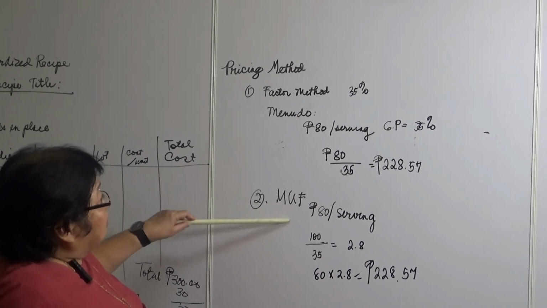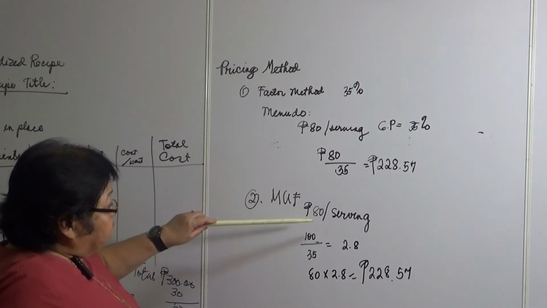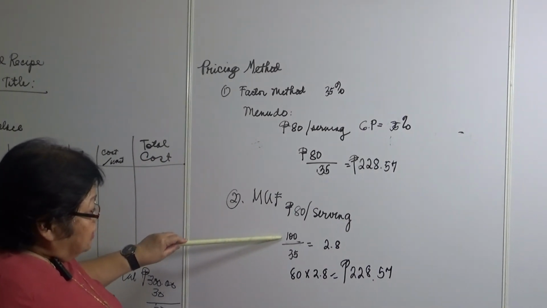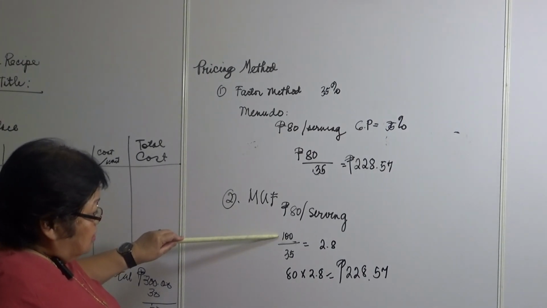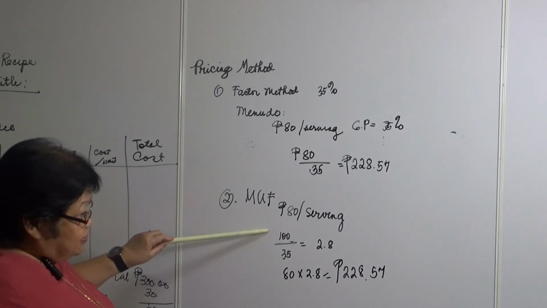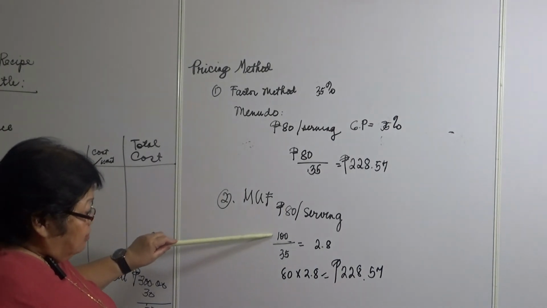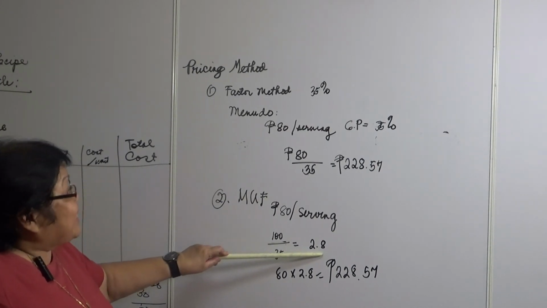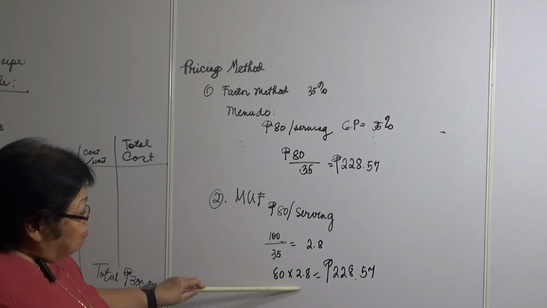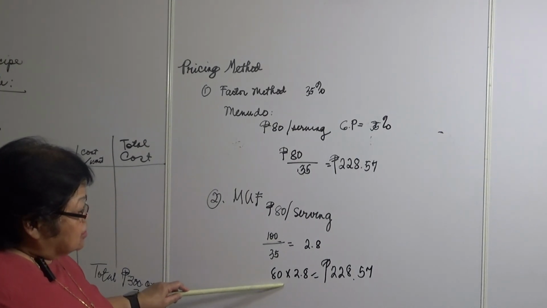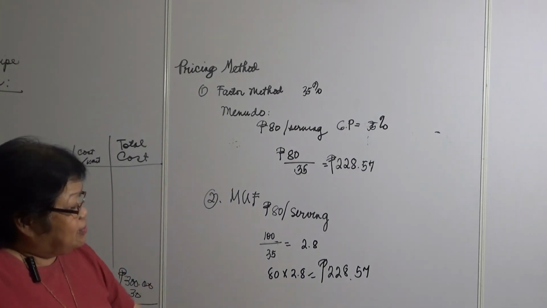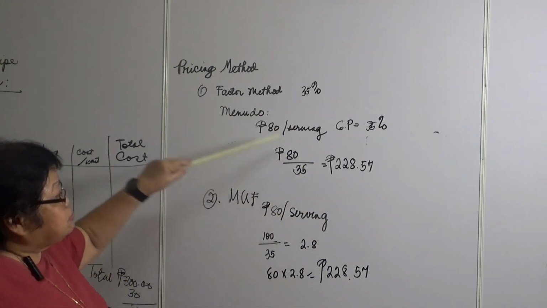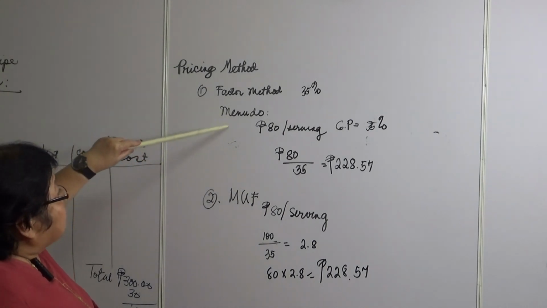Now, for using the MUF, so you're selling minuto again at 80 pesos. All you have to do is divide 100 divided by 35, 100%. No, it's always a given, 100%. Divided by 35, you have a factor of 2.8. And so, 80 pesos times 2.8 is 228 pesos and 57. Pareho siya. But we use two different methods. We use the factor method and the